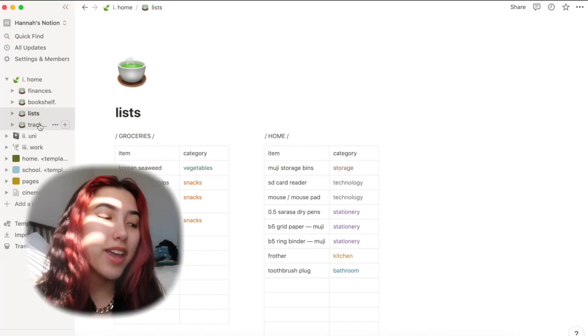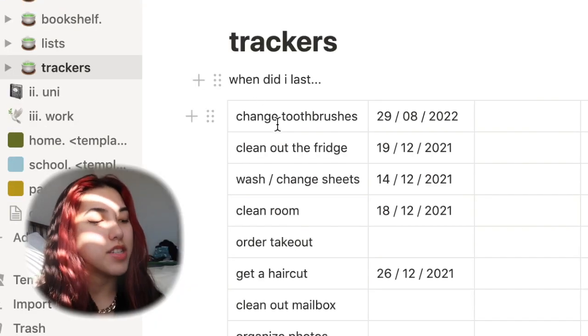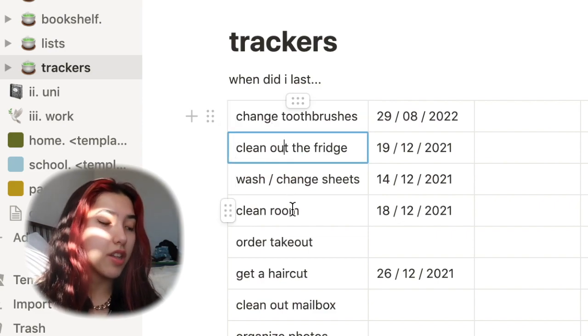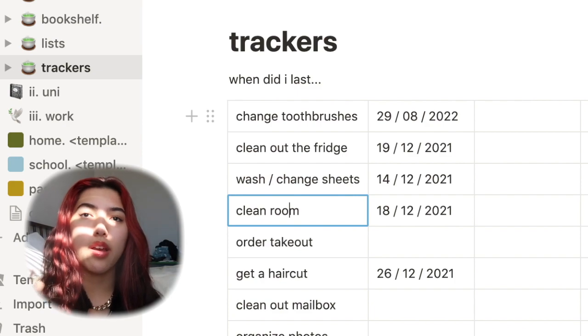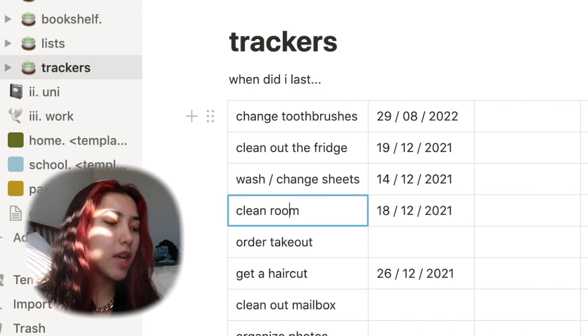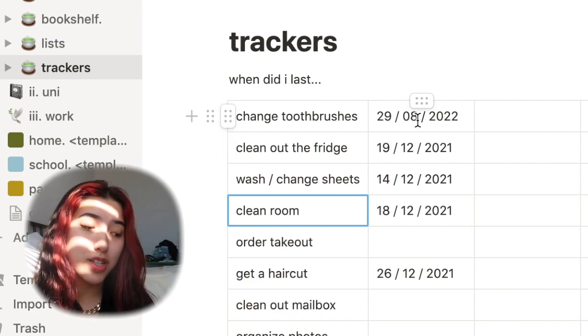And onto the last page of my home category, we have trackers. This I recently implemented, and it's actually been extremely convenient. It's so simple. It's just a table of, quote unquote, when did I last? So basically it's like, when did I last change toothbrushes, clean out the fridge, clean my room, etc. And in these columns, you just put the date of the last time you did it. So every time I look at this, I can be like, oh, okay, I last changed my toothbrush August